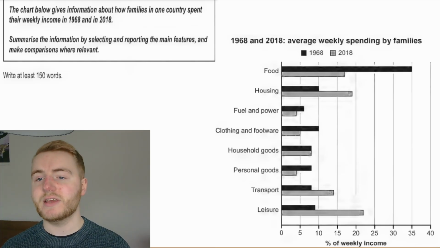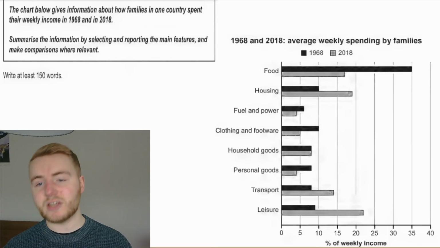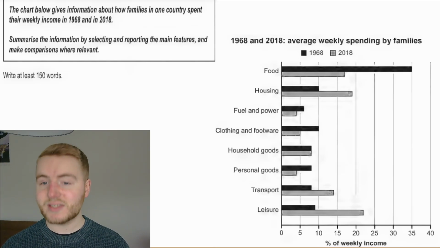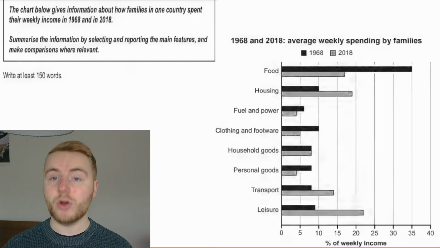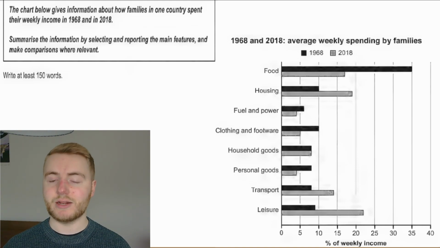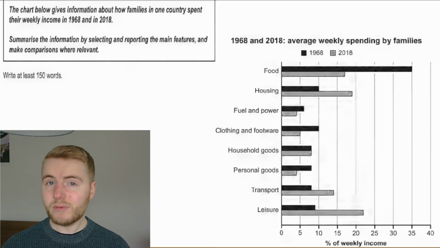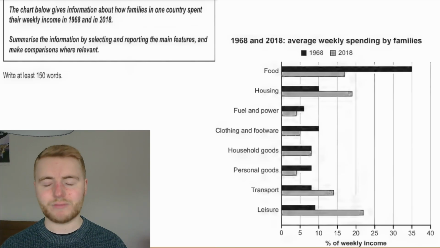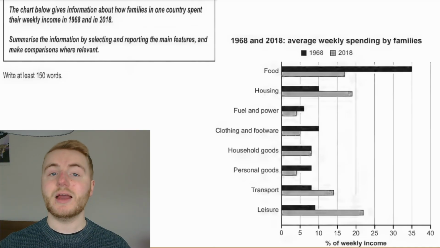I can see, looking at this, that food was the highest spending in 1968, but then decreased quite a lot. It actually halved, really. And so on and so on. Some of them went up a lot, some of them went down, some of them stayed the same, all right? You would pick out your key features here and then write about them in your overview paragraph. We typically want to have around 3 key features in our overview. If you have many more than 3, then you're probably not doing an overview, you're probably writing a body paragraph. So you choose your key features here, talk about them in your overview, and then you'll move on to your